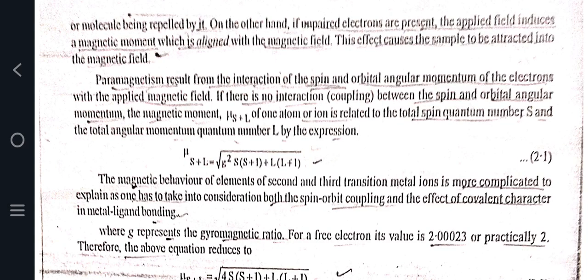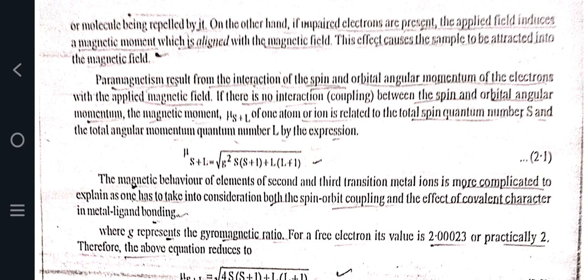The magnetic behavior of elements of second and third transition metal ions is more complicated to explain, as one has to take into consideration both the spin orbital coupling and the effect of covalent character in metal-ligand bonding,